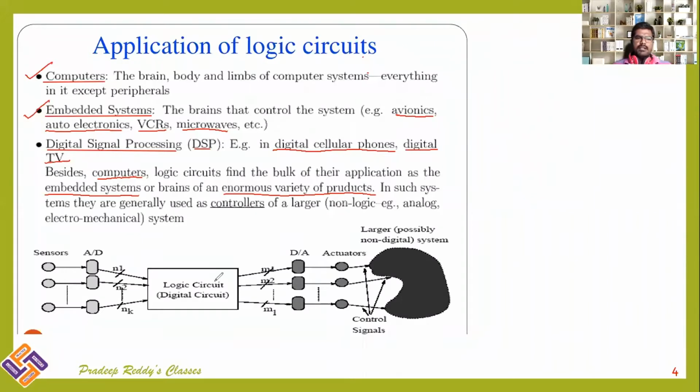So these are applications of logic gates, and this is the flowchart or schematic diagram where logic gates are being used. A logic gate or a logic circuit or a digital circuit is made up of many such sensors and other electronic devices. About other electronic devices, we are not going to discuss here. Only this part we are going to discuss in this particular session: logic gates.